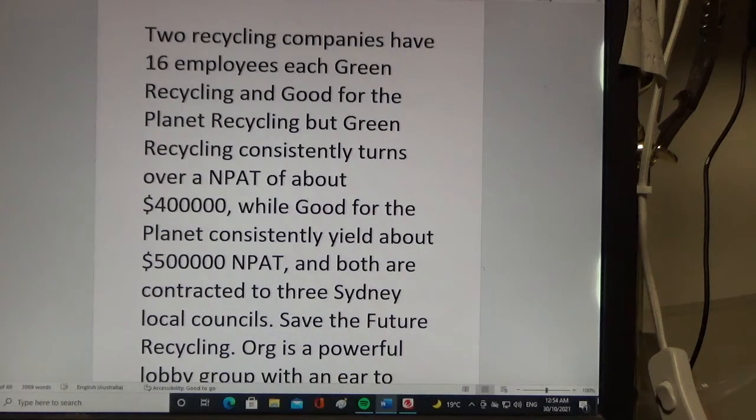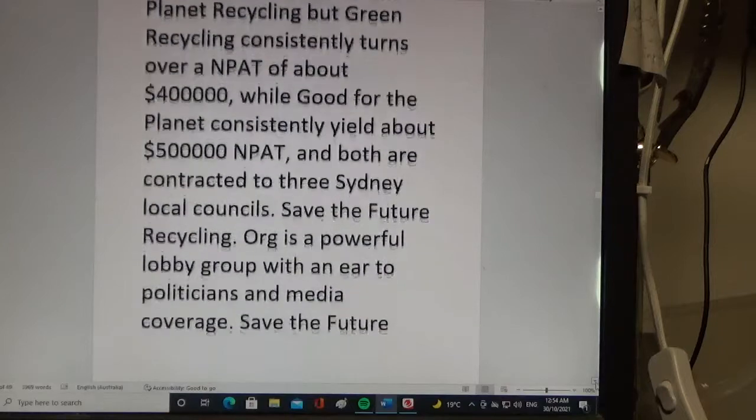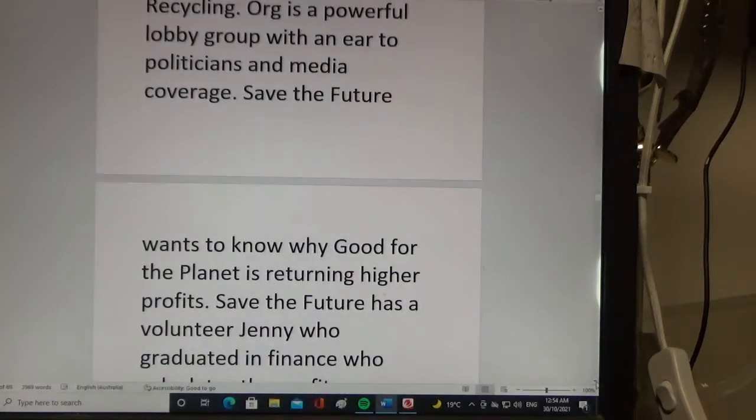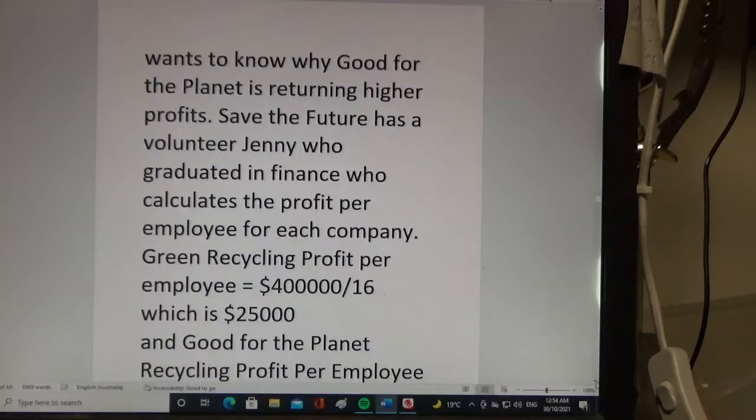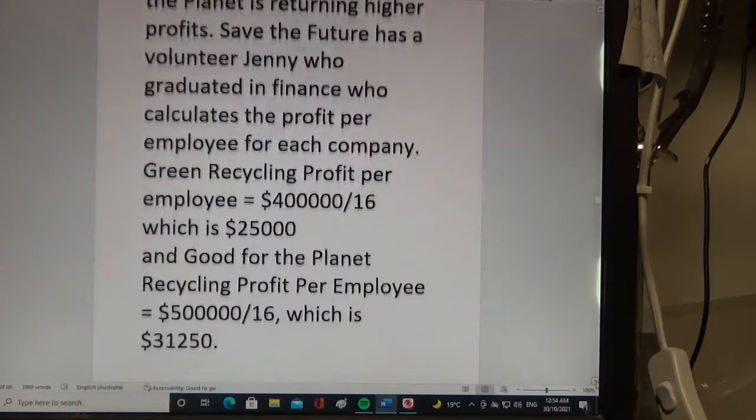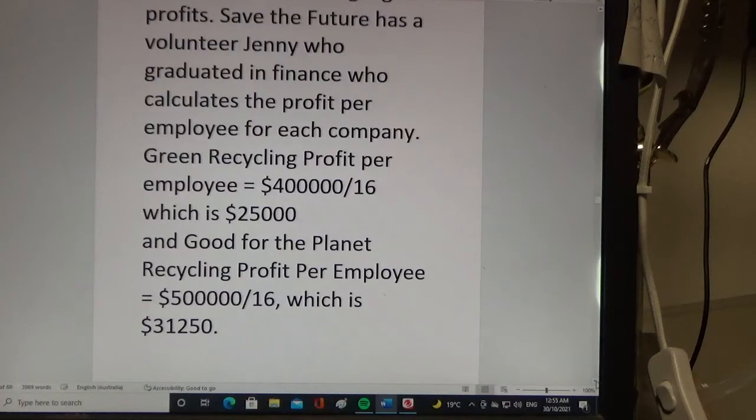Save the Future Recycling.org is a powerful lobby group with an ear to politicians and the media coverage. Save the Future wants to know why Good for the Planet is returning higher profits. Save the Future has a volunteer, Jenny, who graduated in finance, who calculates the profit per employee for each company. Green Recycling profit per employee equals net profit after tax divided by the number of employees, which gives you